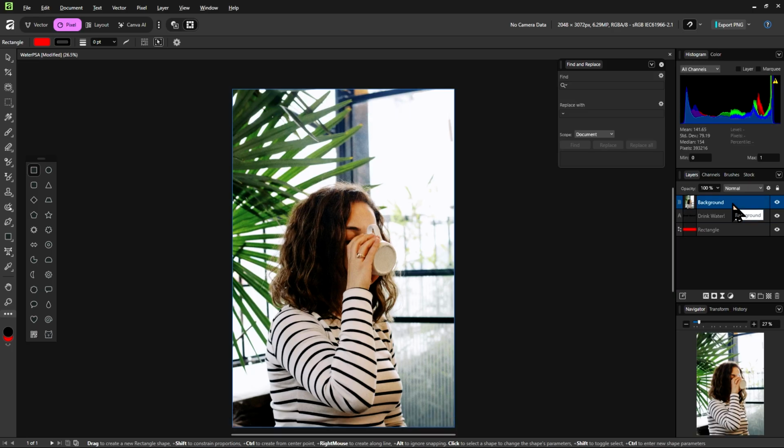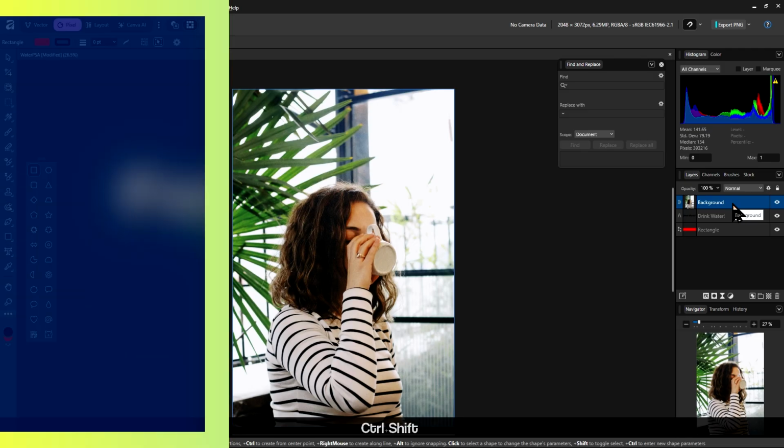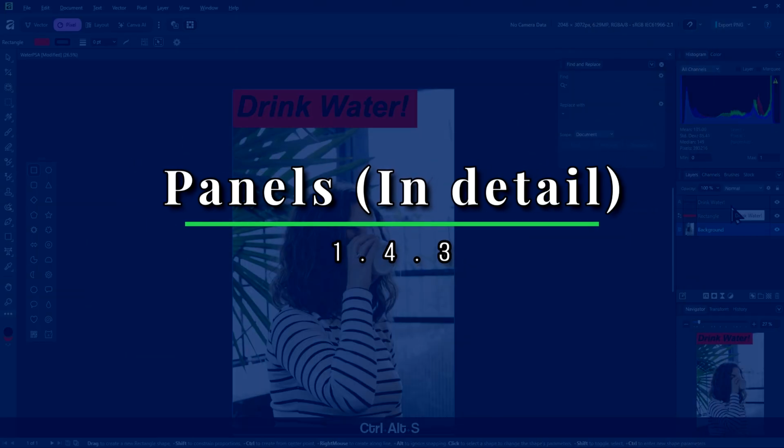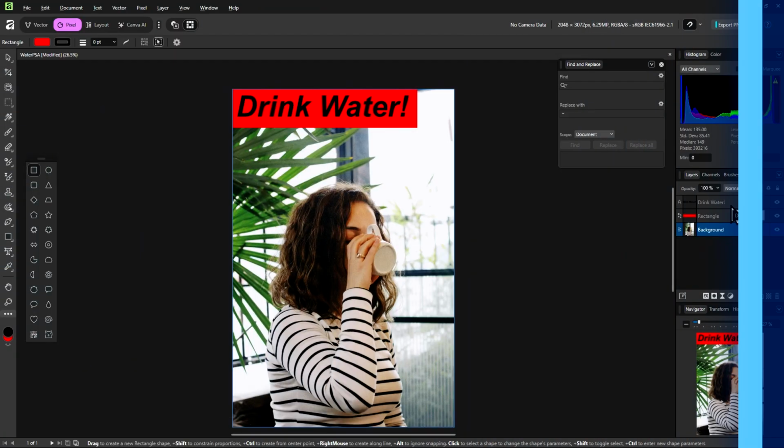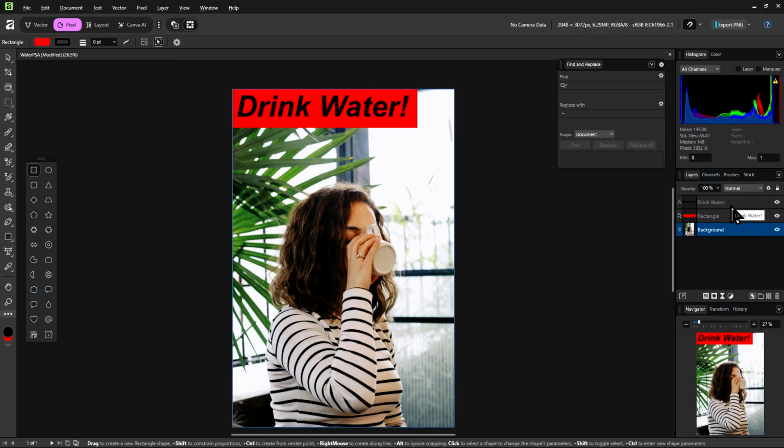It's at the very top again, so let's bring it down using Ctrl Shift plus left bracket. Now let's talk a bit more about panels because I realized we haven't talked about it much in the last video about the user interface. Panels control certain aspects of your project, like how layers control the arrangement of layers in your Affinity project, and the color panel, just as we have seen in the last few videos, controls the color of what you currently